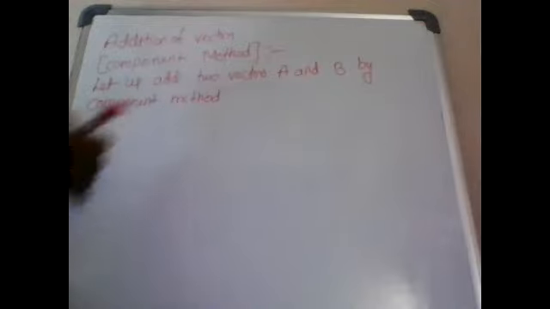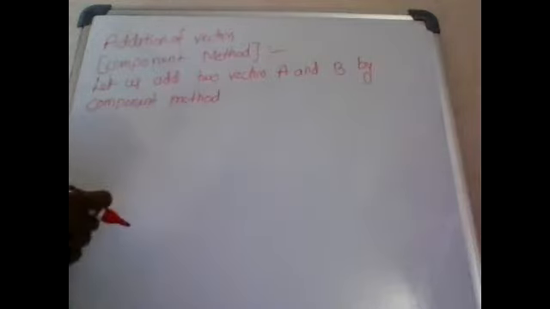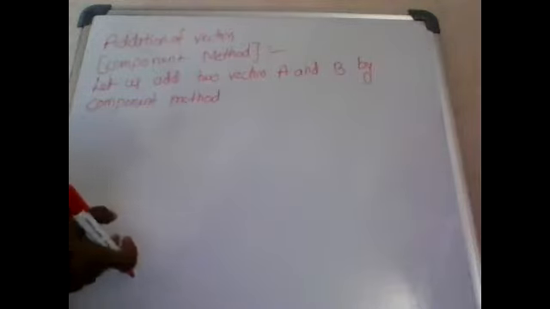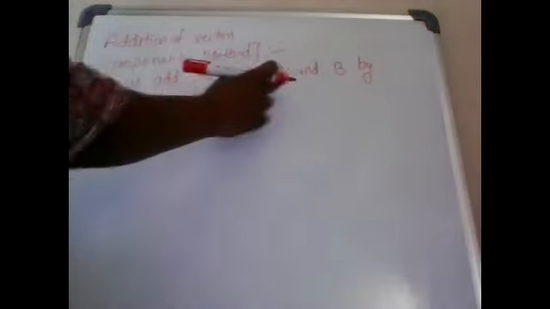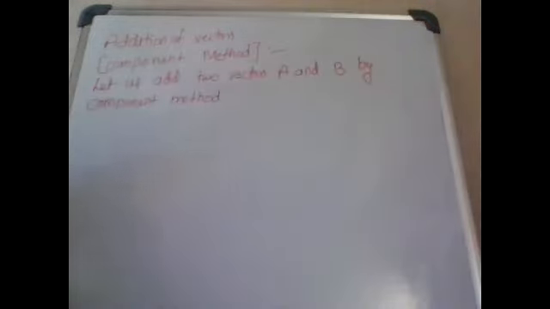So in general addition, if we consider any two vectors A and B, the resultant addition is capital R equal to simply A plus B. Here, addition in component method. In component method, we already know from resolution of vectors that a vector has components along the x direction, y direction and z direction. The vector A has components A suffix x, A suffix y and A suffix z, and the B vector has components B suffix x, B suffix y and B suffix z.